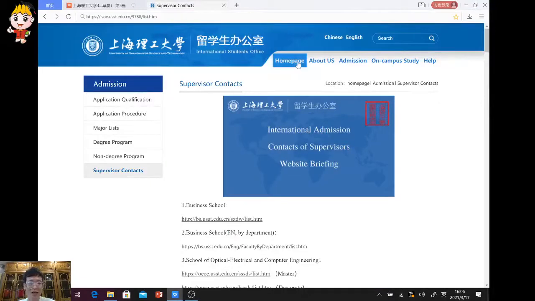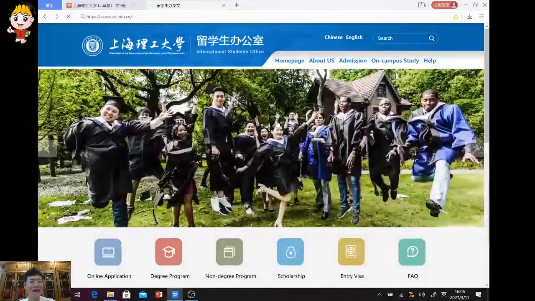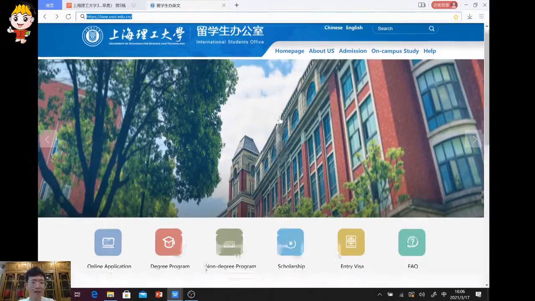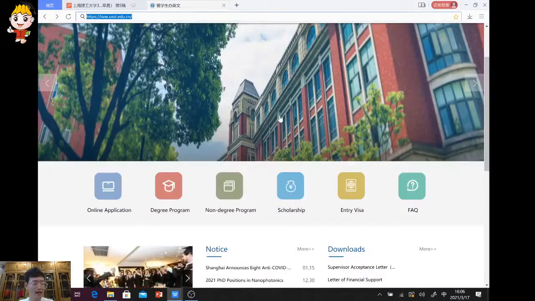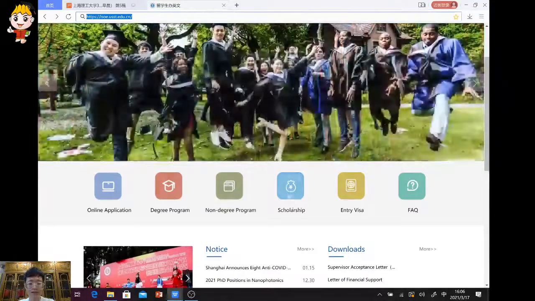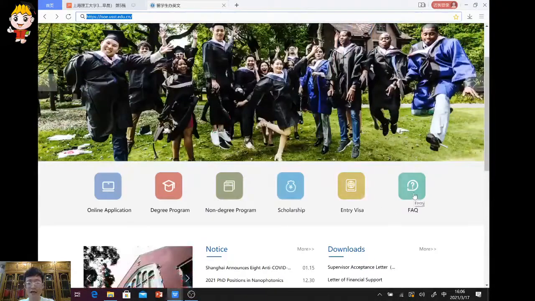And using this opportunity, I will show you what this application portal looks like. The address is rso.usst.edu.cn. Here we just scroll down. Here: the online application, degree program, non-degree program, scholarship, visa, FAQ.